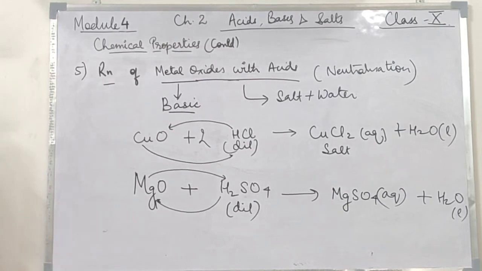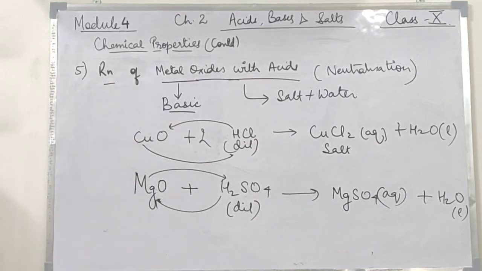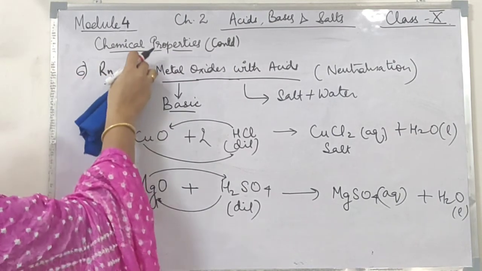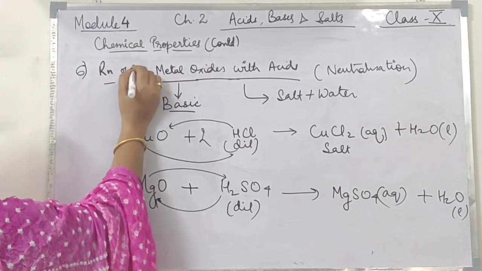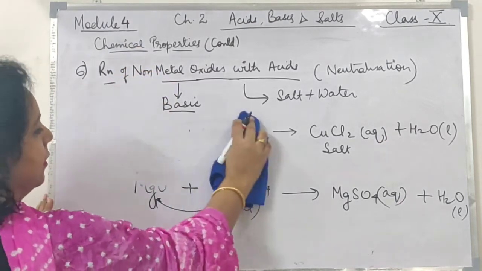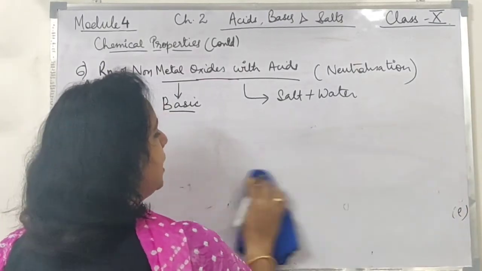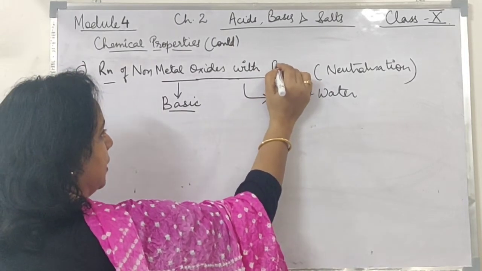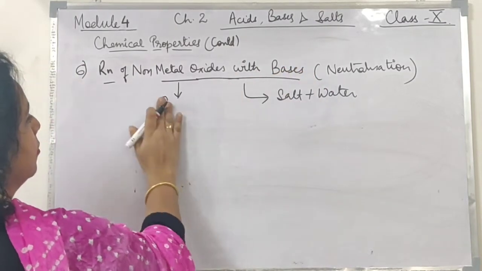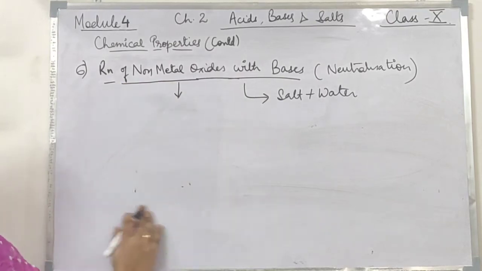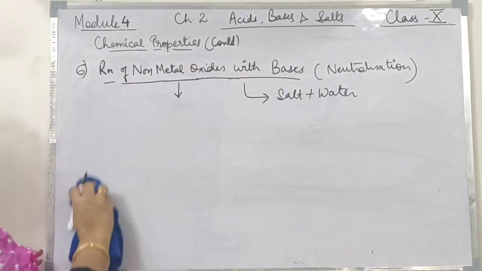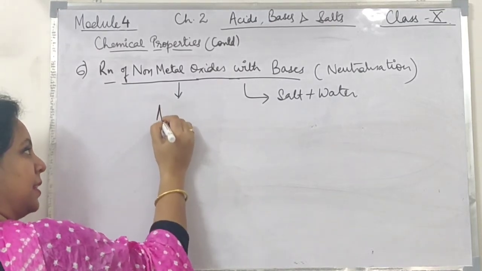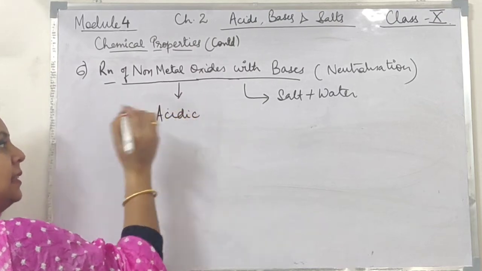Now last, the reaction, again it is quite similar with this reaction. One more type of neutralization we are going to see. Can you guess what it would be? Yes, it will be the reaction of, we are going to inverse it, the reaction of non-metal oxide. Non-metal oxides are usually, can you guess? Correct. They are acidic in nature.